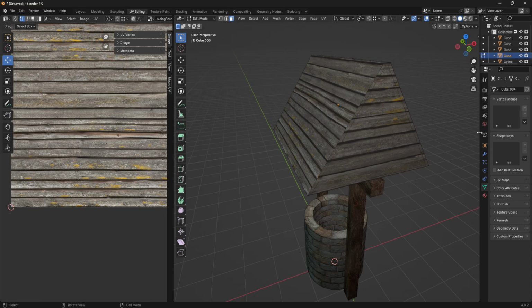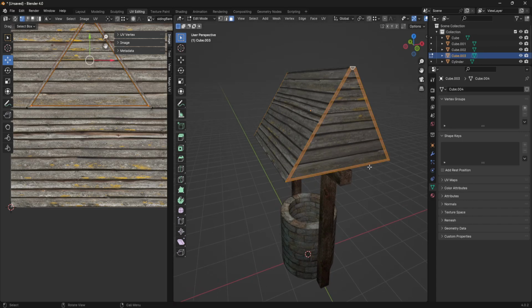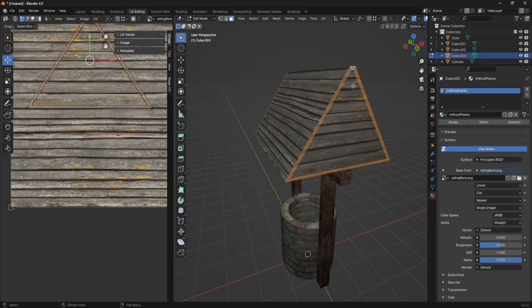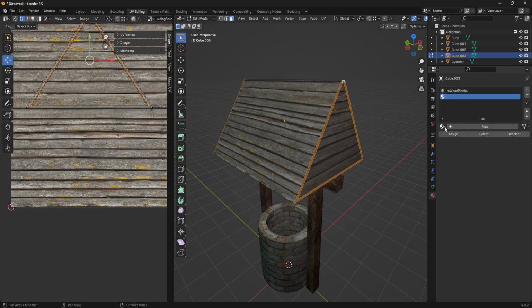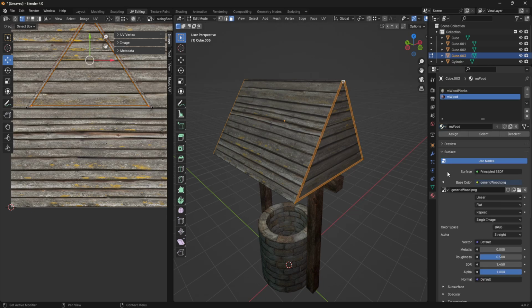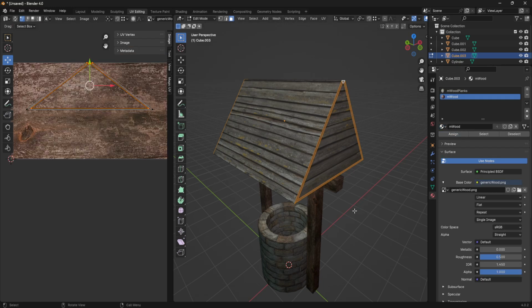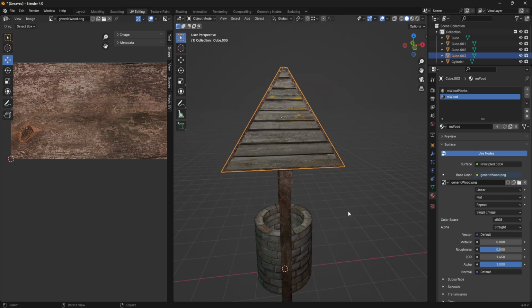So here's how you can do that too. Select it, go to the materials. I already have the generic wood in here, so I just need to click a new material. I don't need to make a new one because I have it right here. All my materials in Blender already show up, so I'll just choose wood and then click assign. And it will put it on the,